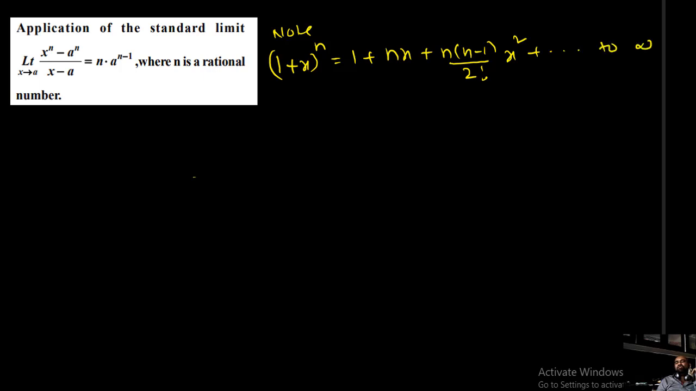Here only I will write a note. (1 plus x) whole power n equals 1 plus nx plus n into (n minus 1) by 2 factorial into x squared, and so on to infinity, for n belongs to Q and mod x less than 1. Okay, what should I prove? I will write here, students. Required to prove: